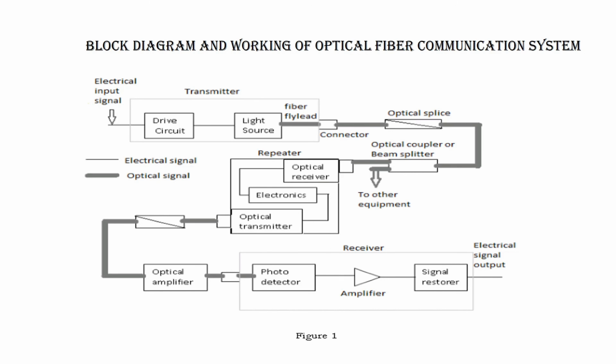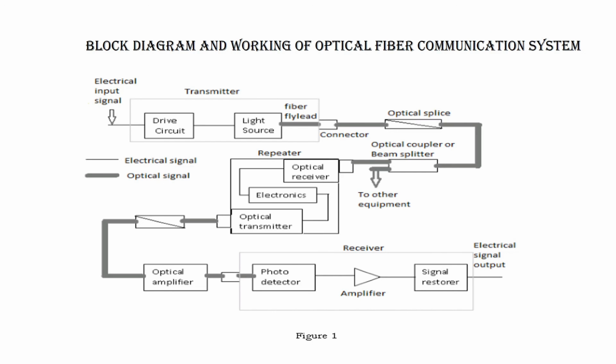Now if your optical fiber length is very long, in that case the signal will be weak. So in between you are supposed to regenerate the signal. In the regenerator we receive that optical signal first, then we have electronic circuitry which will regenerate the electrical signal again. It will give it to the optical transmitter, and that transmitter will be somewhat similar to the previous transmitter which we discussed here, and then we can have longer distance communication.